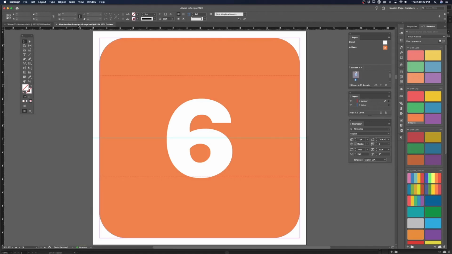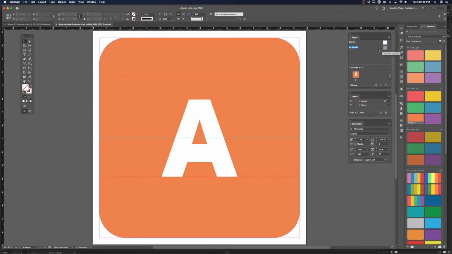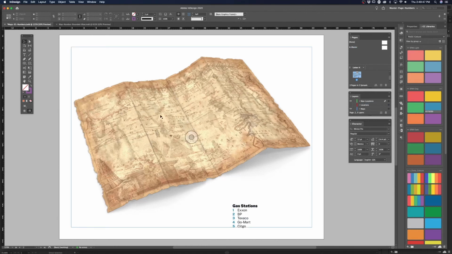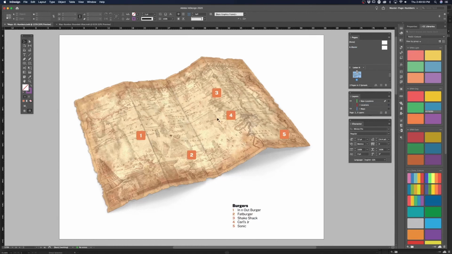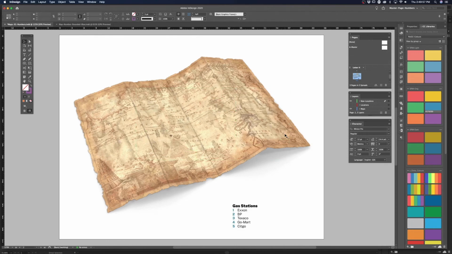So I now have this one, and that's why I saved it with the word orange in it. I'm going to resave this one, and I'm going to call this one the same, except this one is going to be blue. I'm going to go back to my master page, select my object on that layer called color, and click a blue color from my library. I'm going to save it. I'm going to come back into here, and I can take all of these, because it doesn't matter, we're going to replace them,